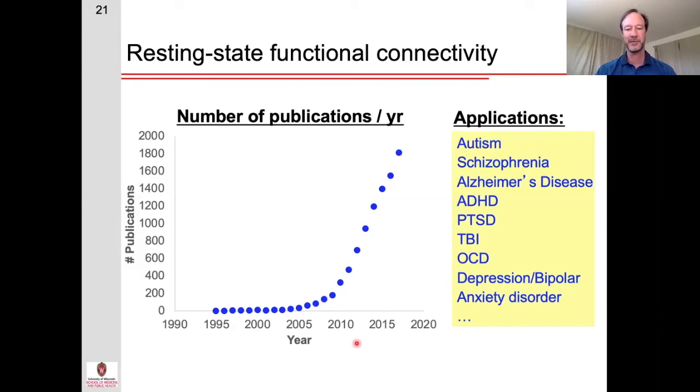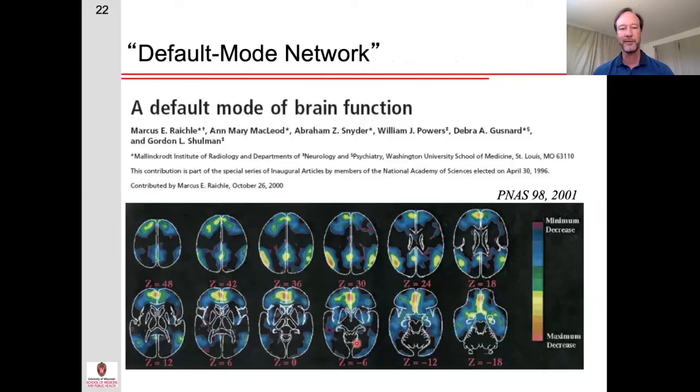Perhaps another reason why we see this taking off is a set of studies that came out in the early to mid 2000s. One of these was a study from Marcus Raichle entitled A Default Mode of Brain Function. This was actually a PET study, and Raichle noticed that across a large number of different PET studies, there are some regions that showed decreases in activity when a person engaged in some cognitively demanding task. At first he kept filing these away, and after enough of these, he realized, well, maybe there's something to this.